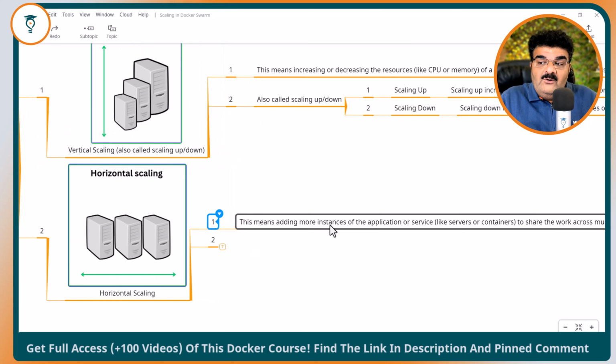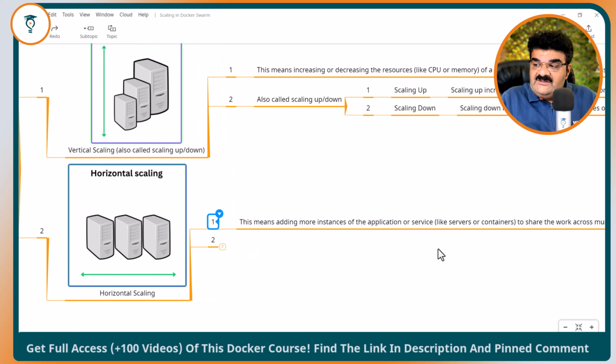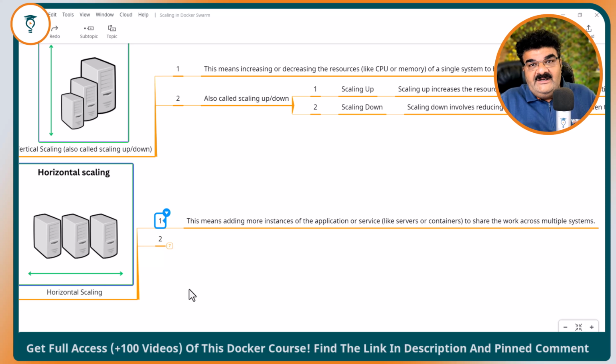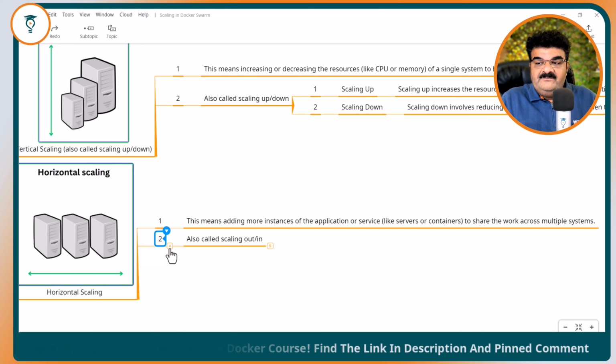This means adding more instances of application or services like servers and containers to share the work across multiple systems. And you guys are already aware about load balancer. So you know we can increase the number of replicas, and then we have a load balancer, which is used to add these new replicas into the rotation. This is how you can maintain the load of your application. Now, when we are going for the horizontal scaling,